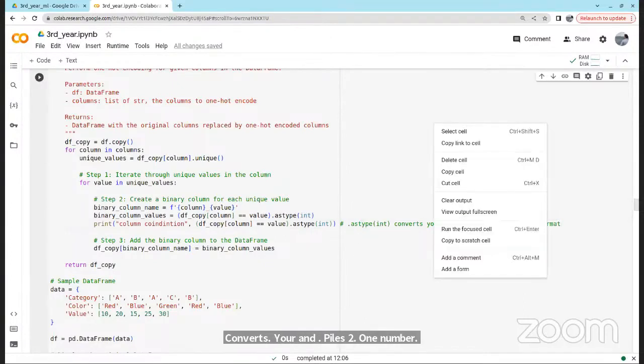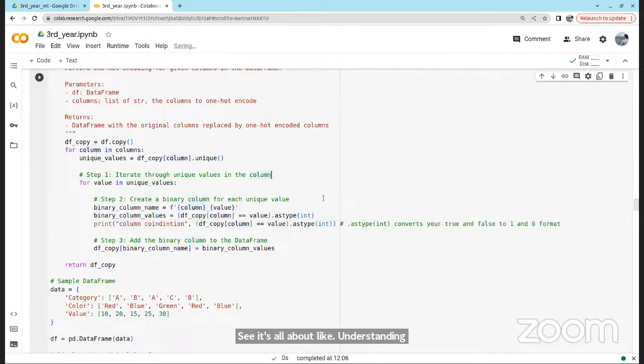See, it's all about understanding logic. It's not about writing the code by heart. If you understand logic by yourself, you can replace this code with your own logic. That's not a problem. As long as you understand the concept and you know how to execute it, that should be fine. You can always replace and write your own code in this place. Here it is a little complex because we are using a lot of inbuilt functions. But you can always convert this false and true to 0 and 1 yourself using some Boolean operations in NumPy array and all.